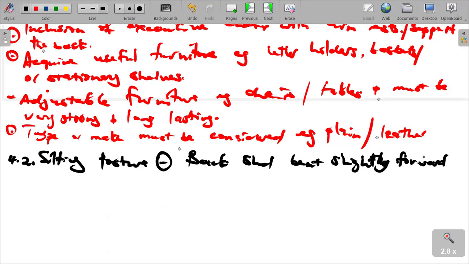Back should bend slightly forward. And then we are saying, how does that affect the employee? So in terms of the influence of sitting posture,